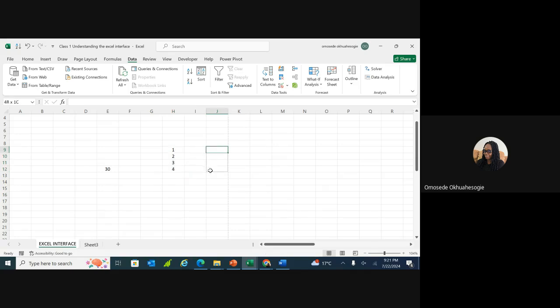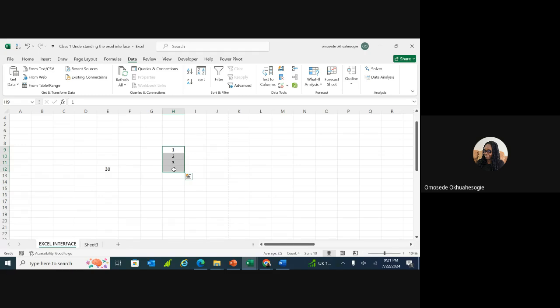If you want to select, all you need to do is left click and drag. You select one cell, you left click, and you drag down. That is how you select. There are different ways to select. We'll come to that. So when you do that, if you notice something that happened in the status bar,